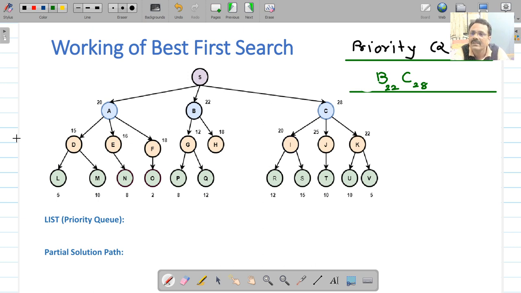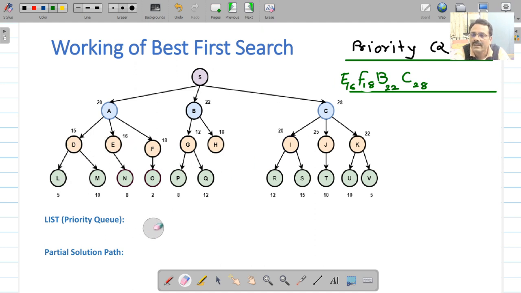So they will be at the front of this list now. Here you will have D, E and F along with their costs 15, 16 and 18. In the priority queue, D will have the highest priority because its cost is less. Check if the queue is empty. No. Check the first element on the queue. Is it a goal? D is not a goal because the cost is still 15, so you can make out that 15 efforts we have to put in to reach the goal.